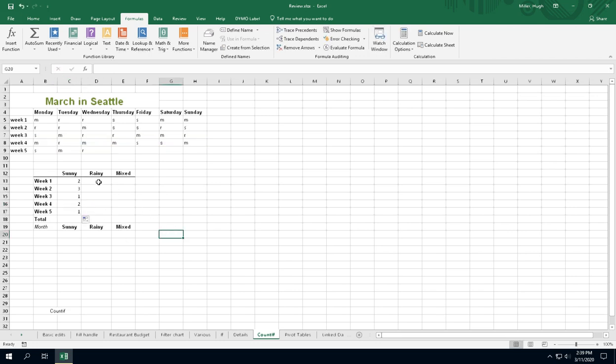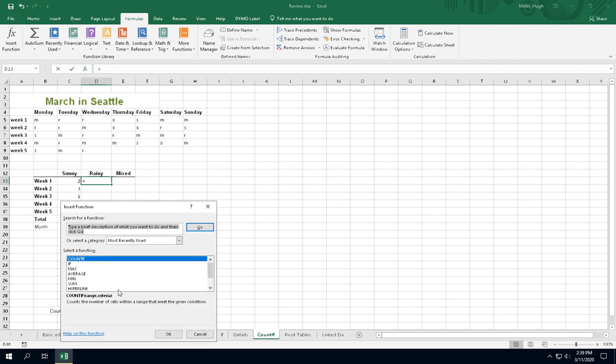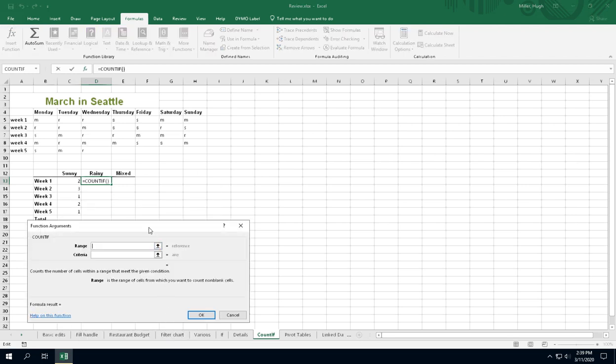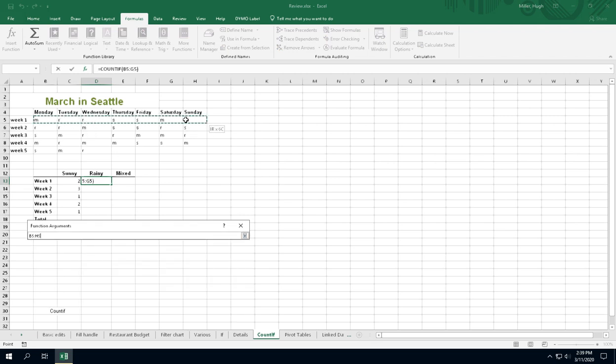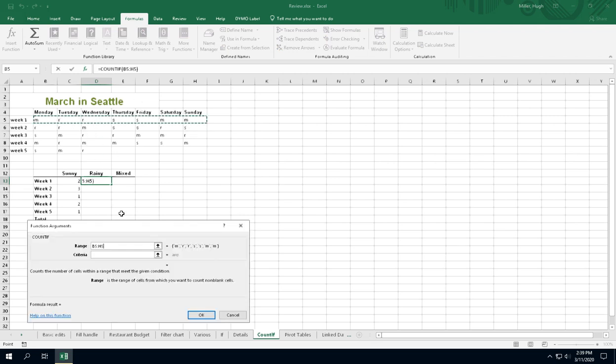And then the kind of annoying thing about countif is you go back and you do it a couple of other times, but here's the thing. You're using exactly the same range every time. Every single time you're looking at the same range. And it makes perfect sense because, of course, it's this clump of information that we're looking at for different things. In this case, it's rainy, so our criterias are